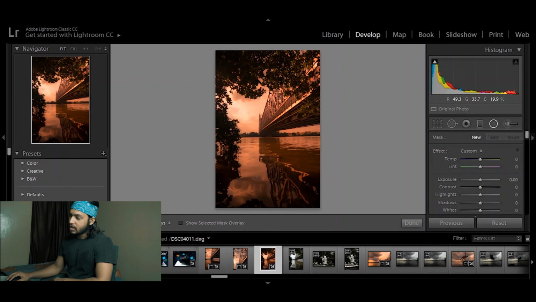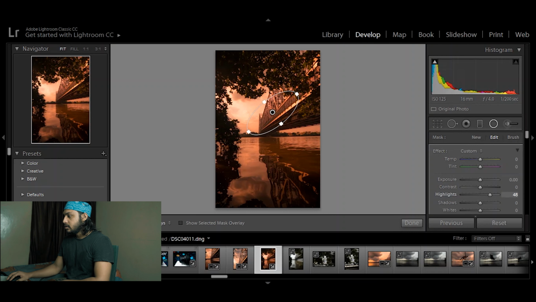And anyway, if you want to use something like radial also you can use. So I'm fine with it. Anyway, I'm gonna check with the radial filter how cool it will look. So I'm gonna use it. I'm just turning it, expanding it. Okay, not using too much, just playing with it. Let's see what we will achieve with it.